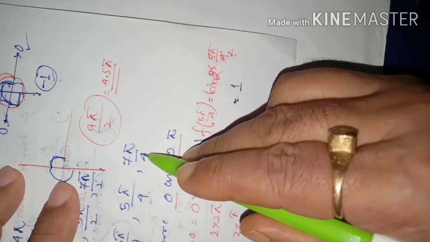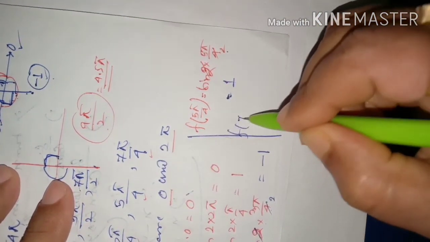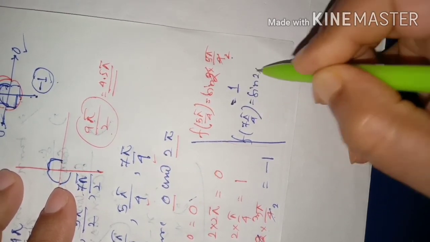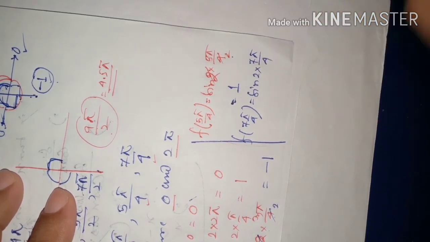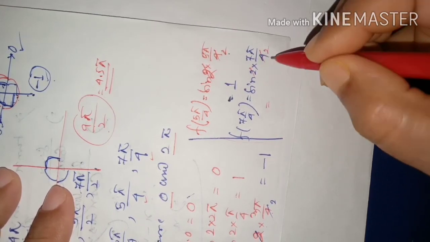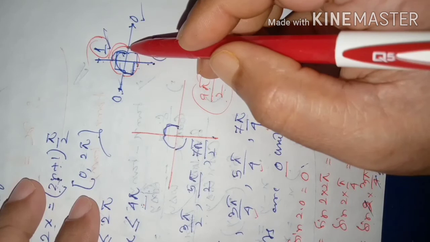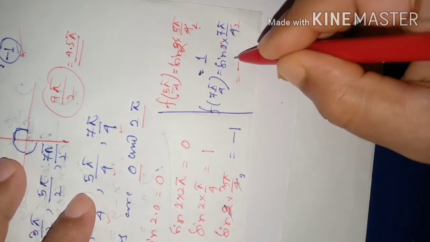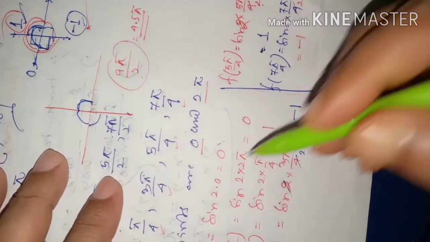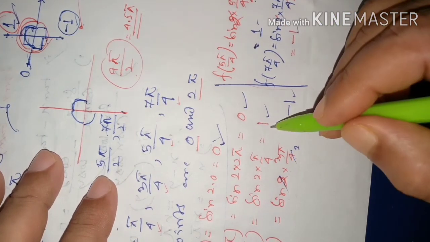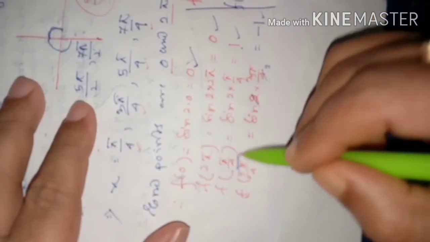Then f of 7 pi by 4, for this angle, if you write sine of 2 times 7 pi by 4, then it will be cancelled here. So it will be sine 7 times pi by 2. Sine 7 times pi by 2 means 5 pi by 2 is here, again 6 pi by 2, 7 pi by 2, it will be again minus 1. So that will be equal to minus 1. Dear students, now you look at the values: 0, 0, 1, minus 1, minus 1, 1. What is the maximum value? 1. So the maximum value is coming at pi by 4 and 5 pi by 4.